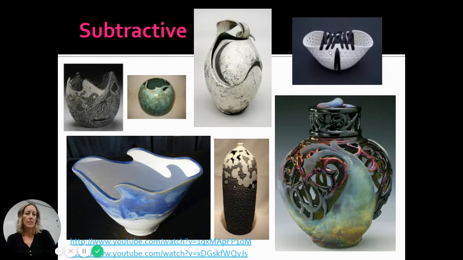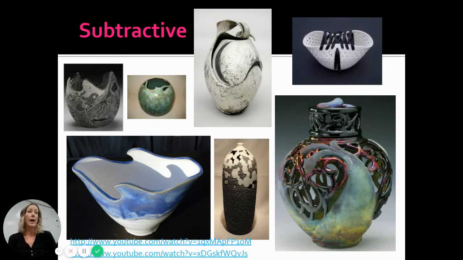So if you're seeing a trend here, the trend is that the object starts off as a thrown object, and then once it is in the leather hard state, you're going to manipulate it further, or we have some techniques